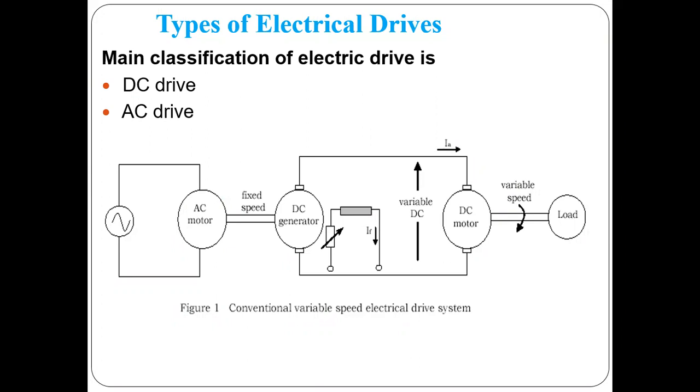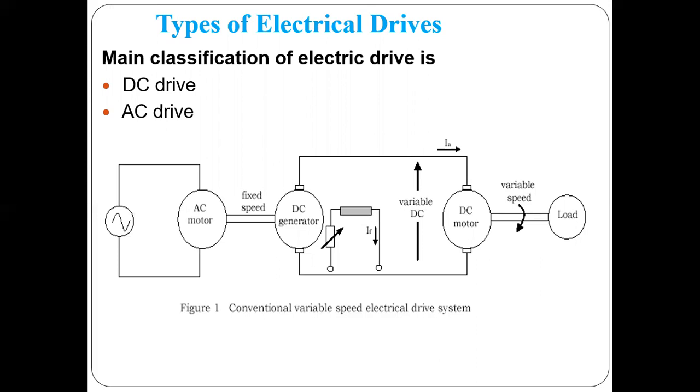So first we will go through the main classification. Generally, electrical drives are classified into two types: DC drive and AC drive. As you all know, we basically have two types of supplies, the AC system and the DC system. According to that, we have classified the electrical drives into two types, AC drive and